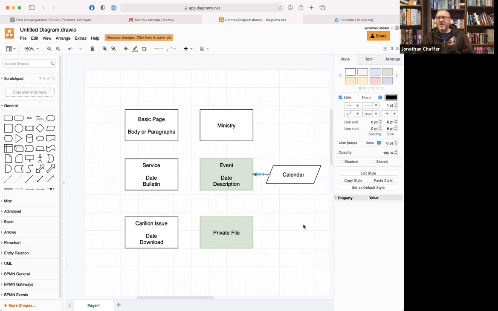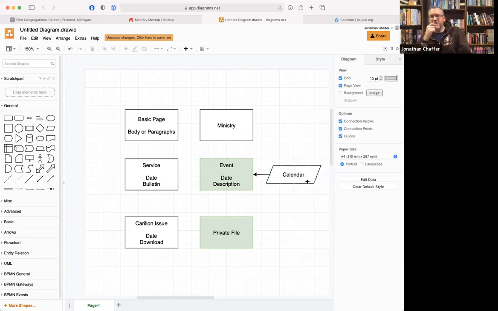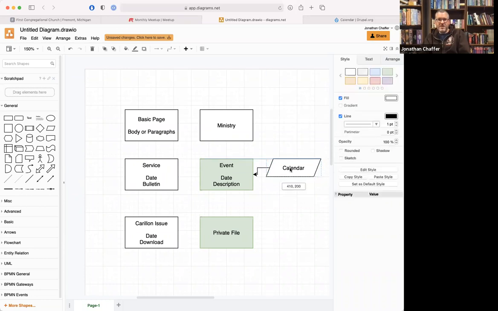So we would make a calendar view of events. Now, that calendar module actually creates a view display handler that is a monthly calendar. But we could also have